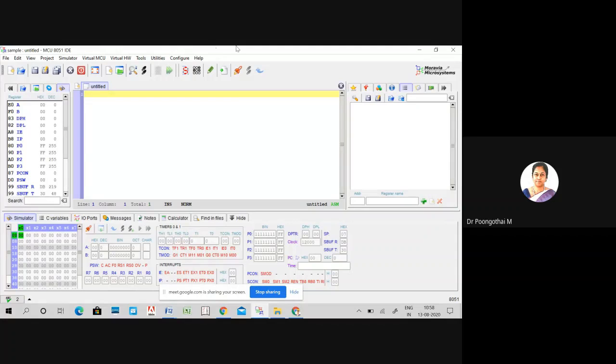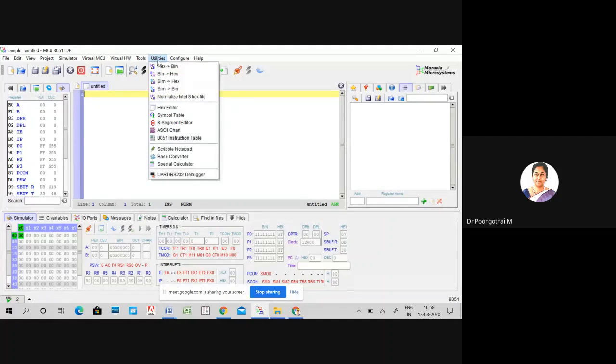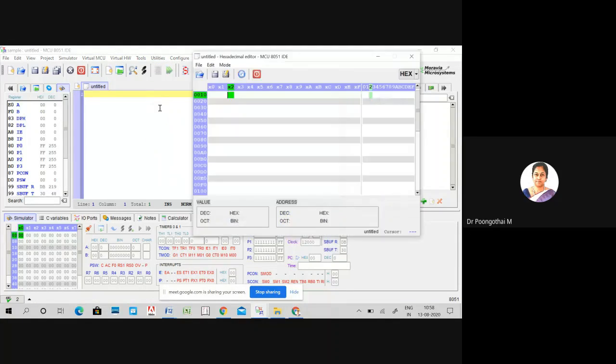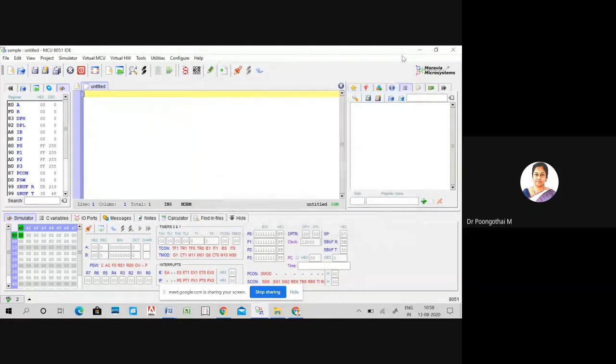Okay. And next, utilities. We have many options. The first one is the hex editor. We can enter hex, decimal, or binary values, any values, here.